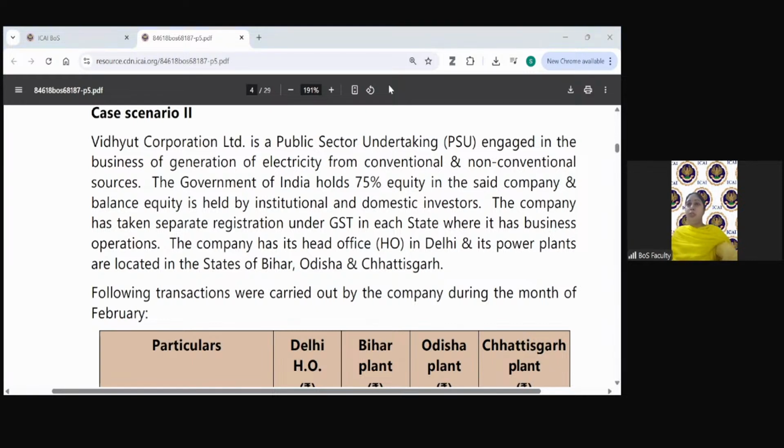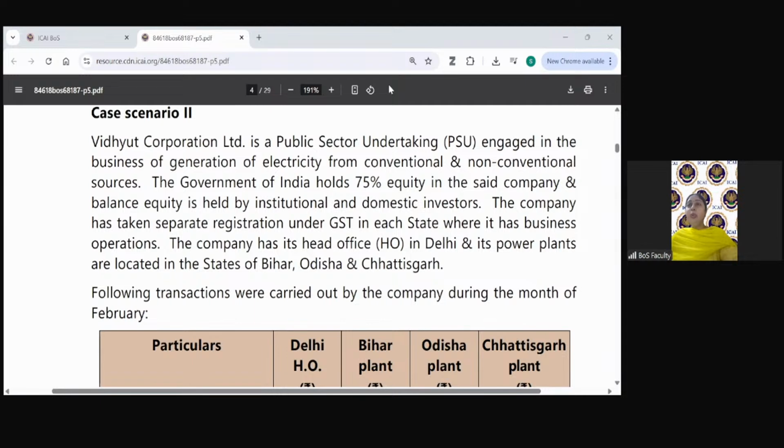Now, second scenario, in fact, if you see the second scenario, it has more implication of the core provisions of GST. That means in first scenario, we have tested the overall concepts of GST and there was more focus on the enforcement provisions. There was a focus on the demand and appeals and revision provisions. Then we have audit provisions. So different type of, in fact, as Swati sufficiently highlighted, that the provisions which are generally not tested in the examination. Just a minute. So those provisions we have taken in the case scenario 1.